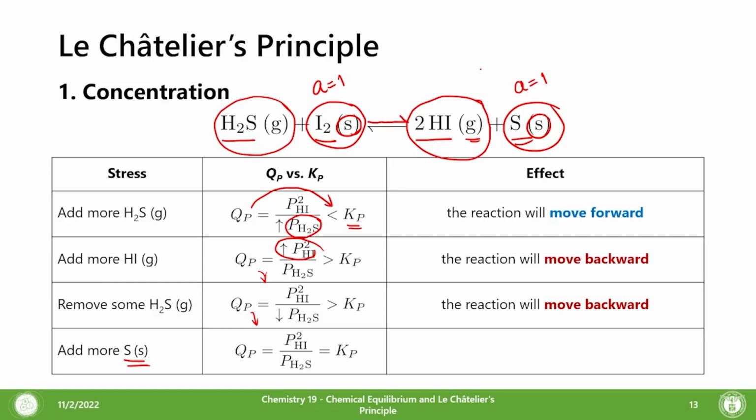Okay? So if we remove stress, for example in H2S, then we can't help but compare that the product side is actually more stress than the reactant side. So let's share that stress. Let's go backward. But if we add more of this